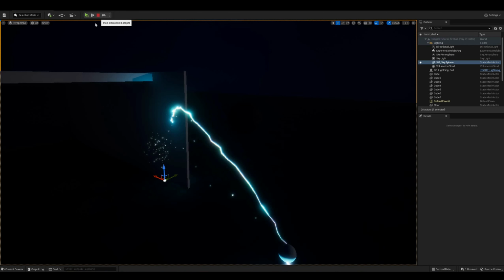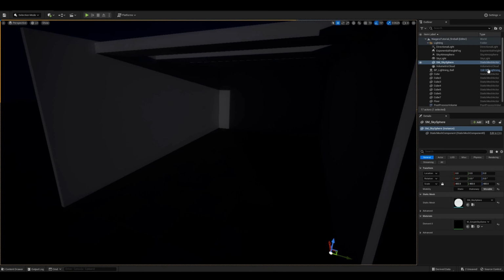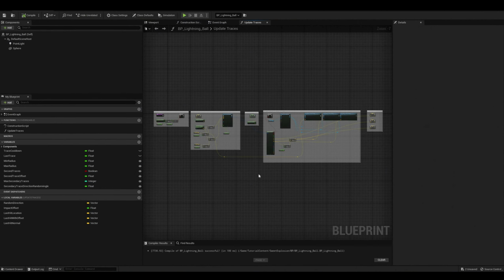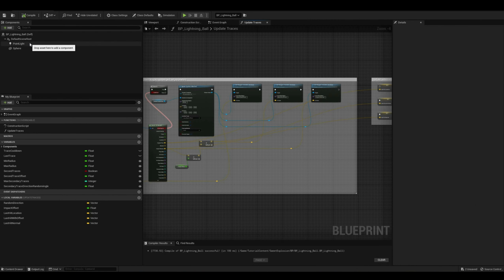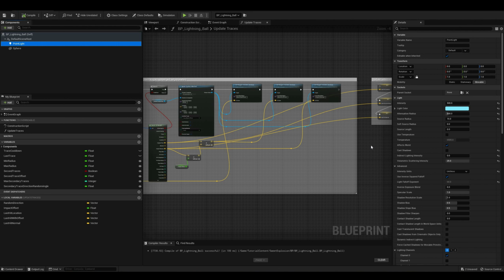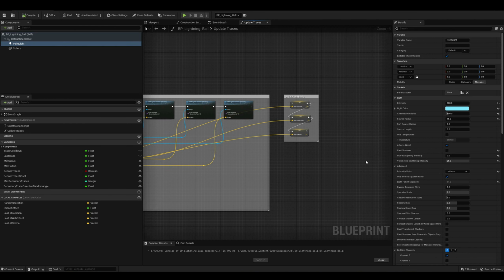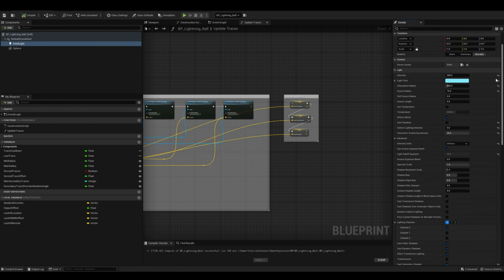Next, we'll add a light to the effects blueprint and start setting the variables that we'll need for the branching arcs. Let's start with the light. Most of its parameters are very straightforward, and I'm sure that most of you are already familiar with them. It is just a point light with source radius set to approximately match the sphere and add a soft blue